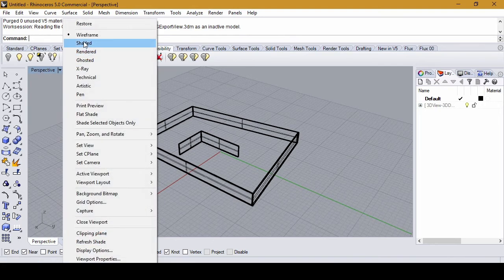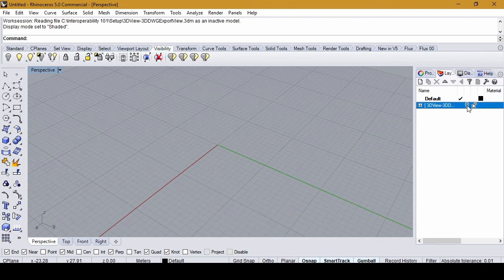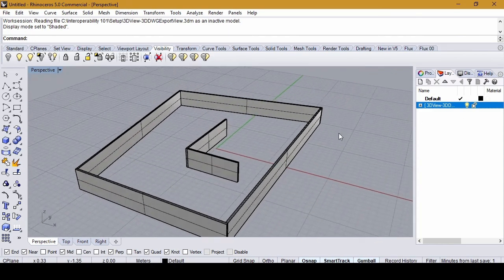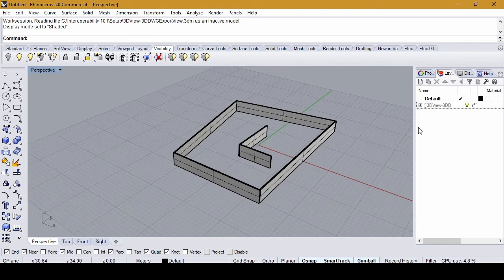Alright, what did I just do? I created a reference to the Rhino file that's the container of my Revit geometry via the DWG file. The reason I want to do this is that now I can turn on and off the entire Revit export. And I can proceed by modeling in Rhino and just keeping the layer structure in my Rhino file clean and nice and short, and just keeping all the subcategories of my Revit import under the main layer of the attached Rhino file. I hope this made sense.